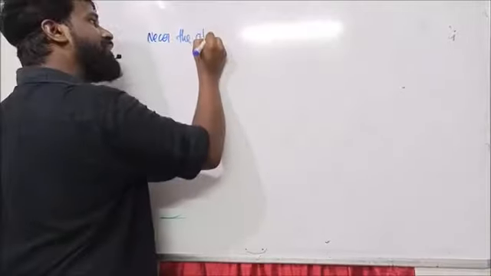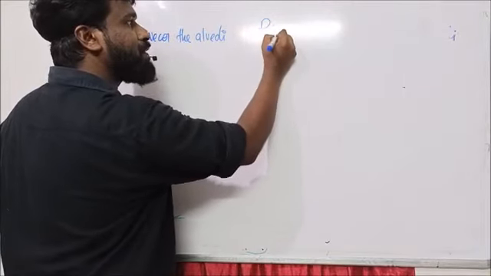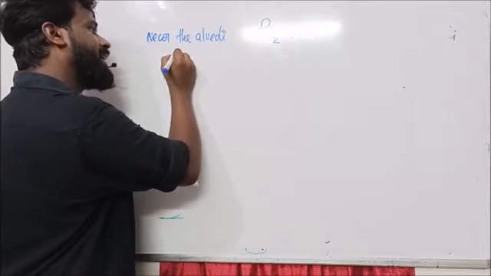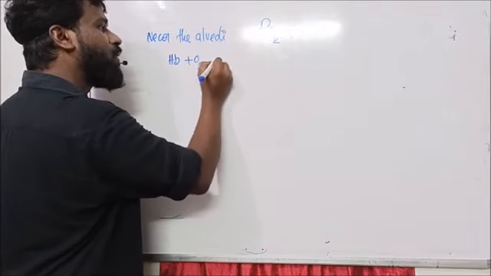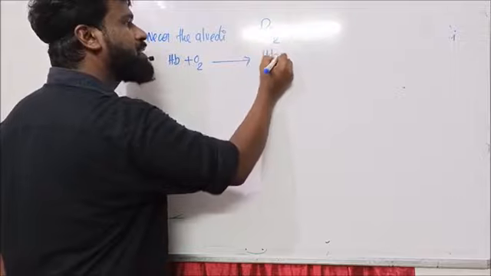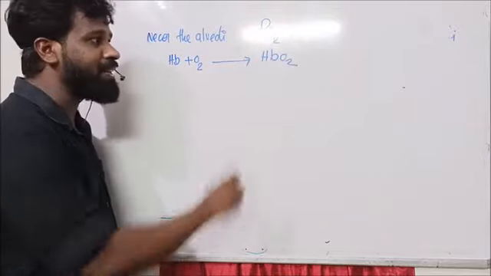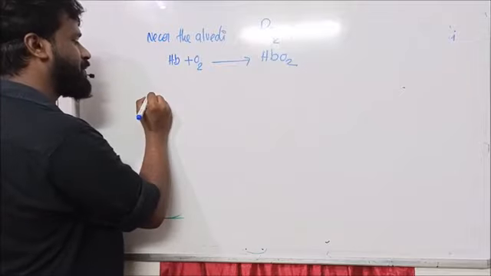Near the alveoli, where the partial pressure of oxygen is higher, in this high PO2, hemoglobin combines with oxygen and forms oxyhemoglobin. In the form of oxyhemoglobin, this oxygen is transported to the tissue,